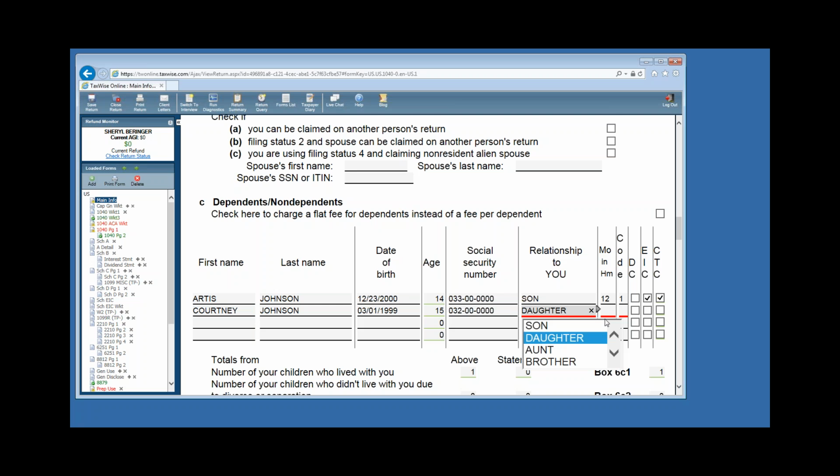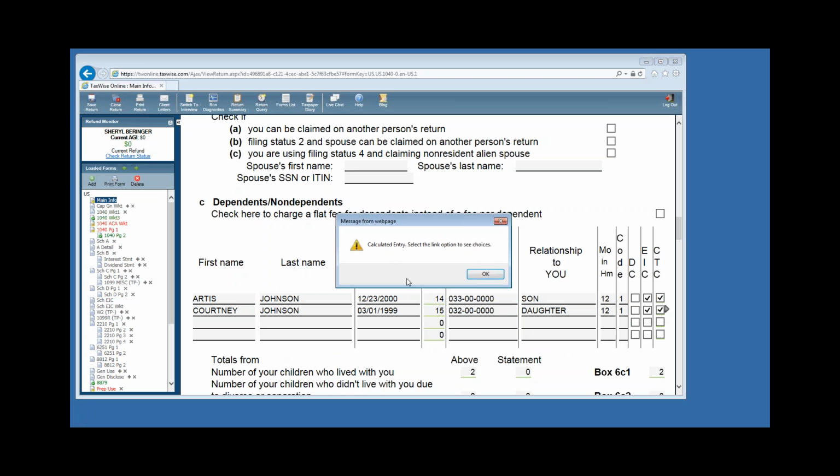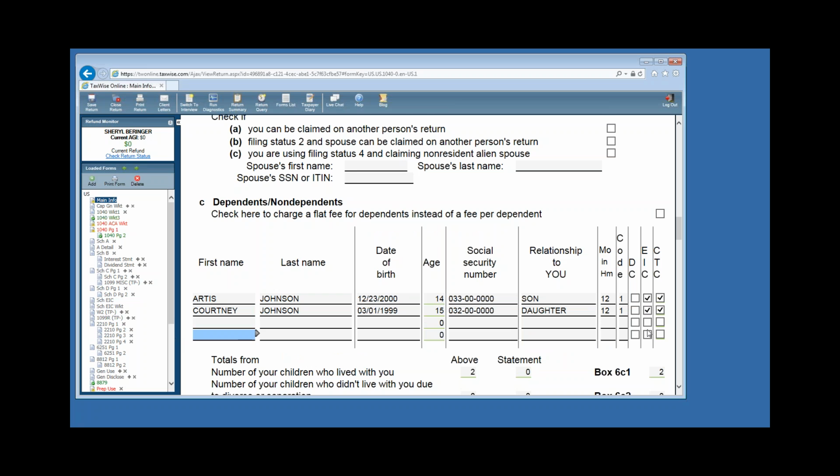Courtney is a daughter. She's been in the home for 12 months. There's a child that lives with. That just came up because I went to check the box and the software was going to do it. So we're entering Cheryl's mother, and because of her age and dependency situation, Monica's actually not eligible to be a dependent for the